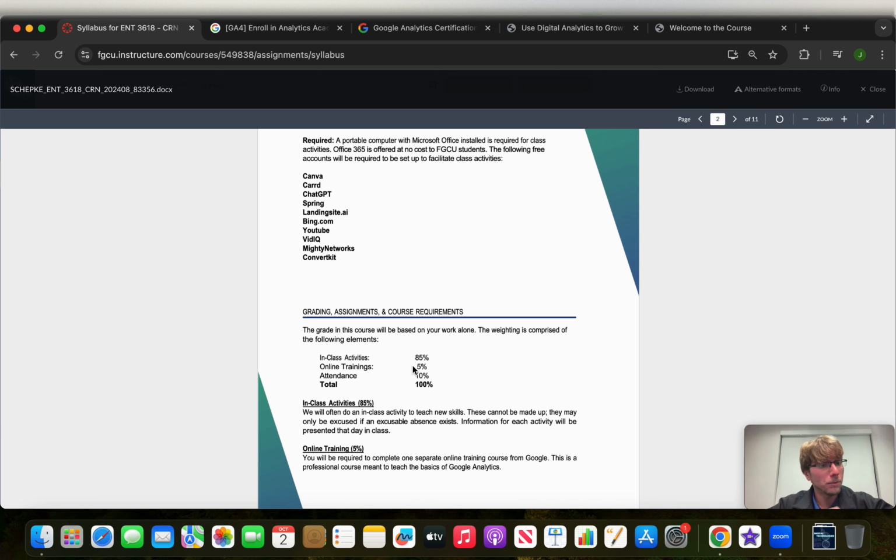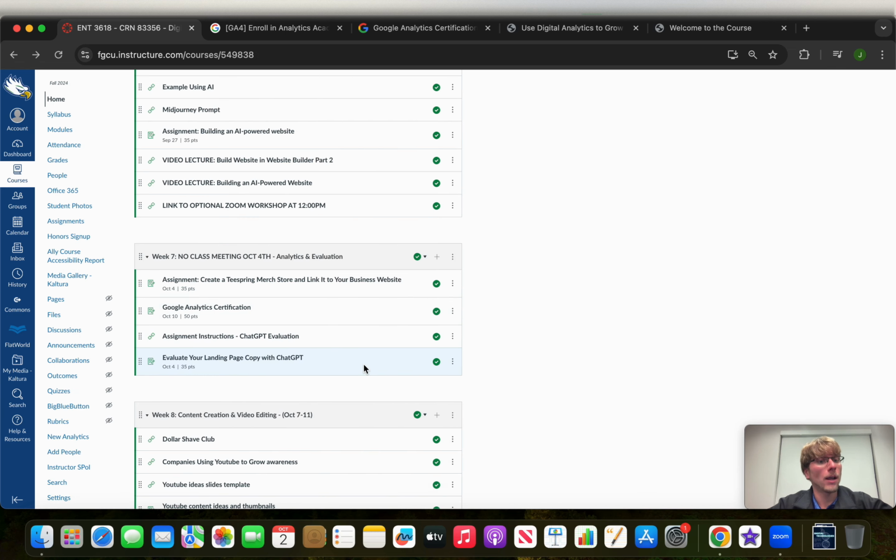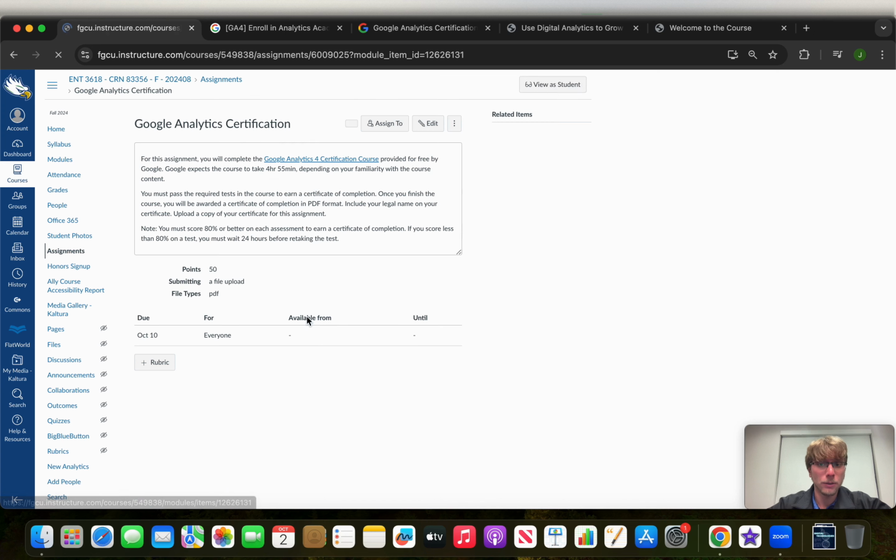It's important that we complete this by the halfway point in the semester, which is why it is due October 10th at 11:59 p.m., which is next Thursday, so a week from this Thursday. Originally, it was going to be due this Thursday, but on account of we didn't get a meeting together last week because of the hurricane, we moved it back a week. So we have till next Thursday at 11:59 p.m. to complete this. So when I click into it,